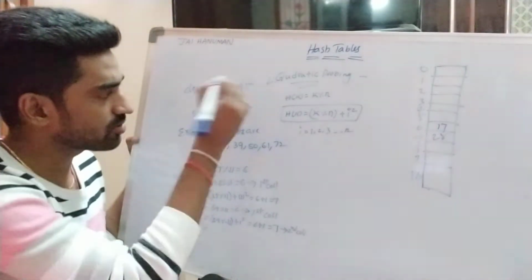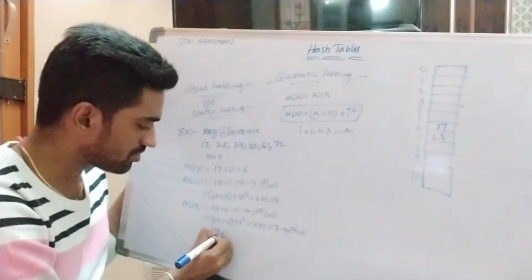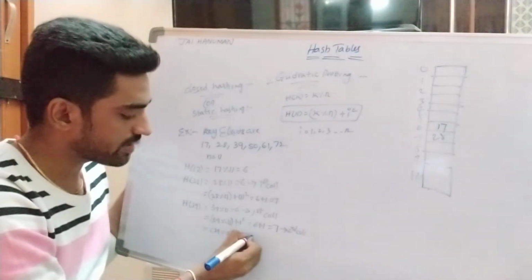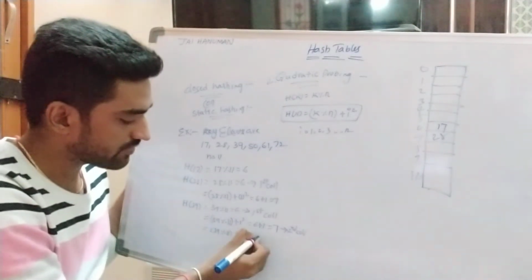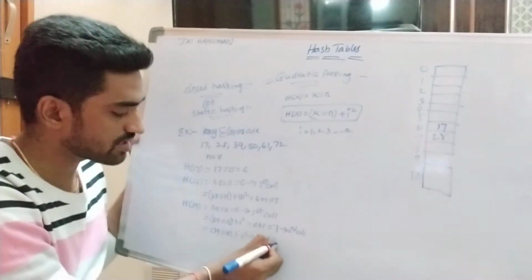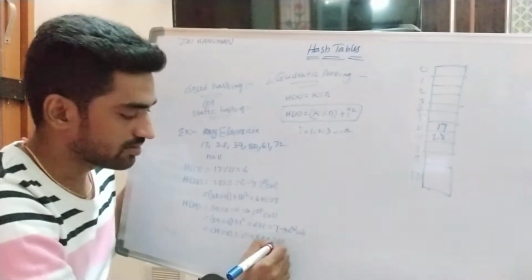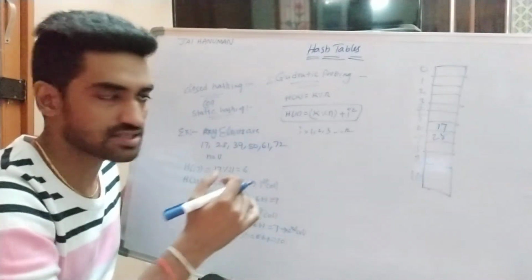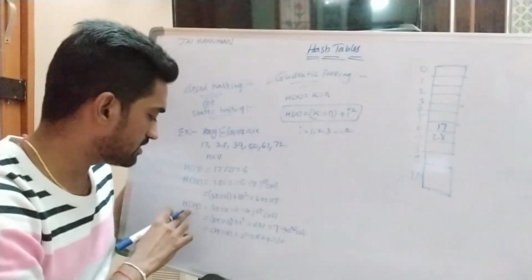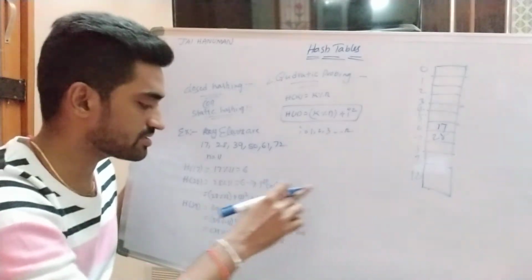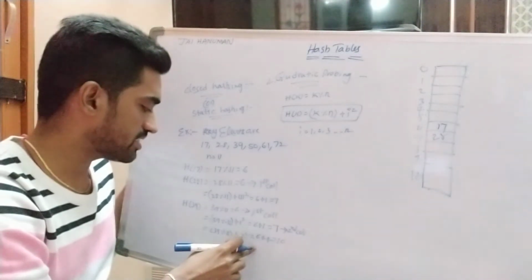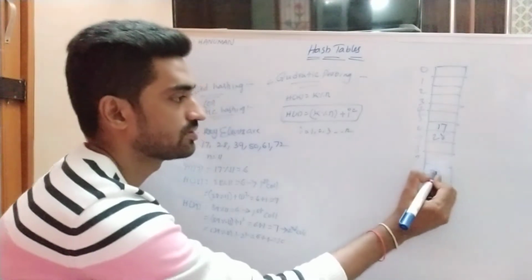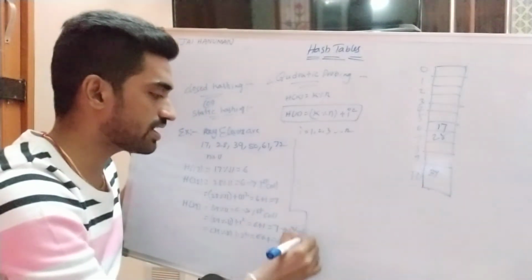So that's why second collision is occurred for 39. Again we are applying quadratic probing. 39 modulo division of 11. What is the next I value? 2 square. So 39 modulo division of 11, 6 plus 4, which is equivalent to 10. So 10th position is vacant position. So that's why collision is not occurred. So directly 39, the key element, is placed at 10th position. So what is the next inserted key value?